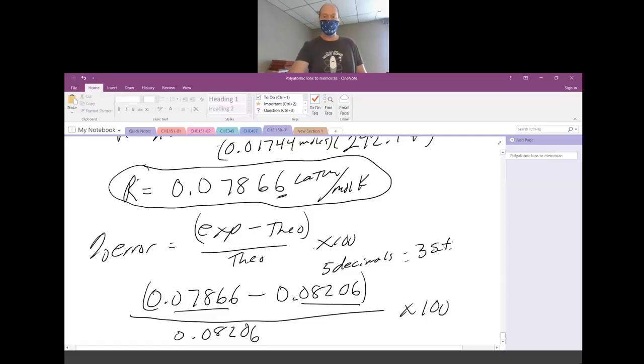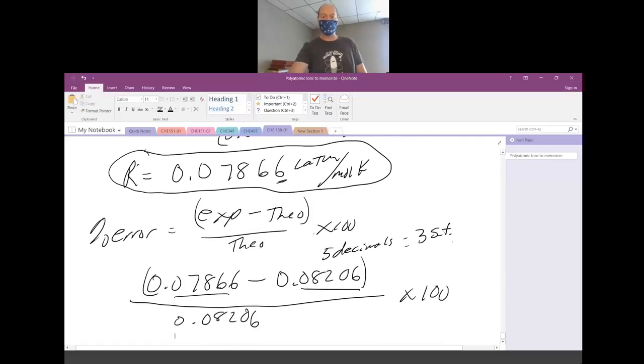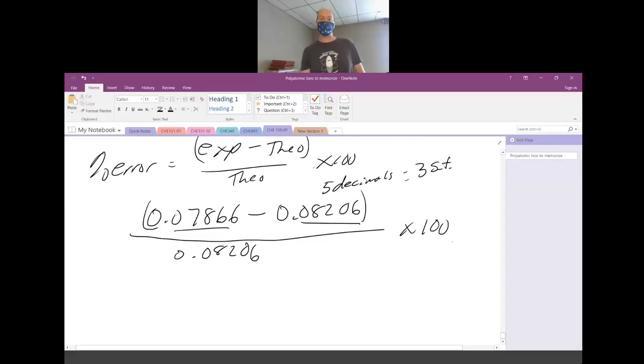All right, so you'll have to push the buttons on your calculator, give your answer to 5 decimals. That's going to be 3 sig figs. It's going to look like 2 when you do this because that happens to be a 6. That happens to be a 6. That last decimal is going to be a 0. So you have 5 decimals, which is going to be 3 sig figs. Divide that by 4 sig figs times 100. And you're going to give your answer to 3 sig figs, a negative 4.14%